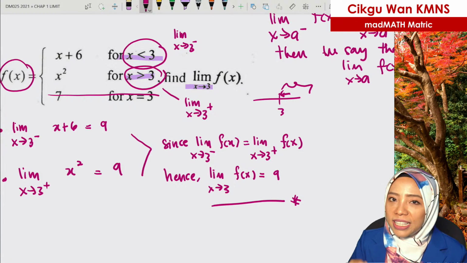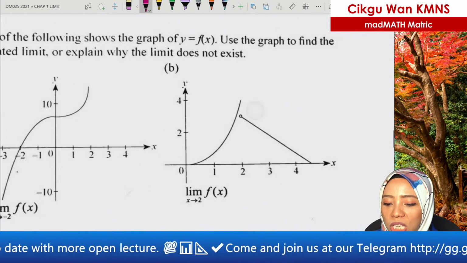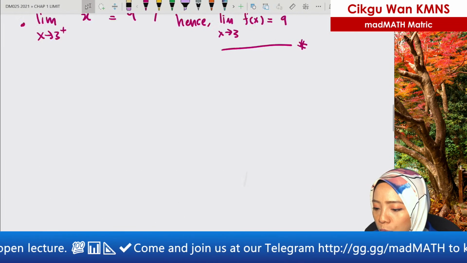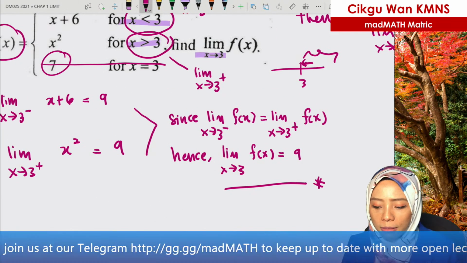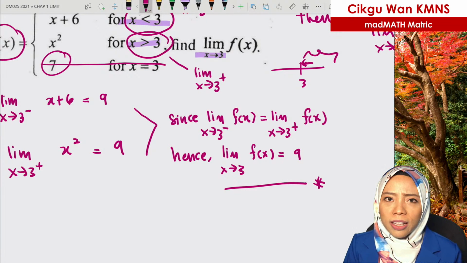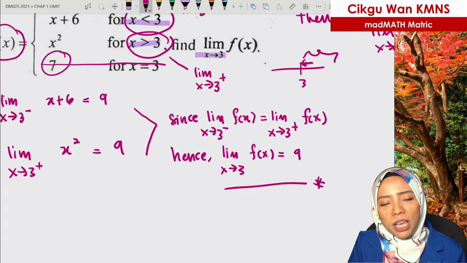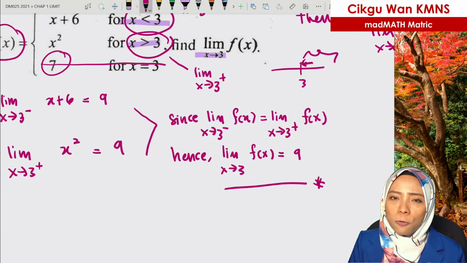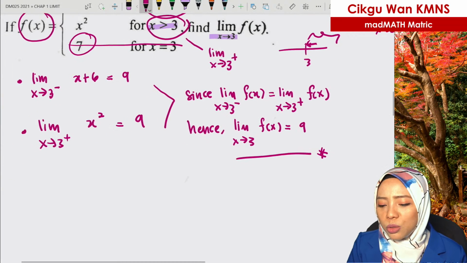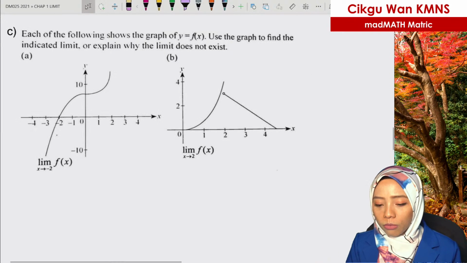Dia sama ke, dia tak sama ke, whatever values yang ada, kita tak nak tengok. Dan kita tak nak tengok pun because nanti dipengaruhi. Sebab yelah kalau you tengok tadi kan, ni dapat 9, tiba-tiba ni dapat 7, mesti you rasa macam tak sama lah madam, so limit not exist. Cannot. Limit itu hanyalah penghampiran. The question one penghampiran, how is the behavior from the right hand side and from the left hand side. We don't care the particular value. Okay. That's why I suruh you cancel supaya you tak dipengaruhi. Okay, now